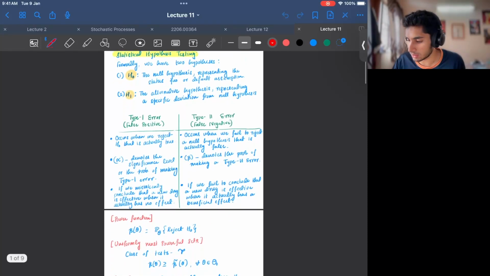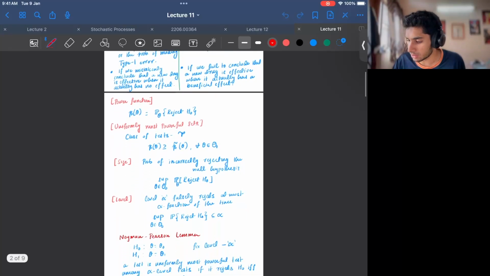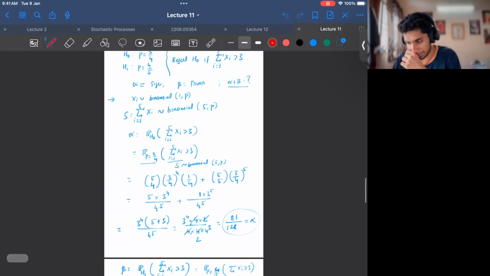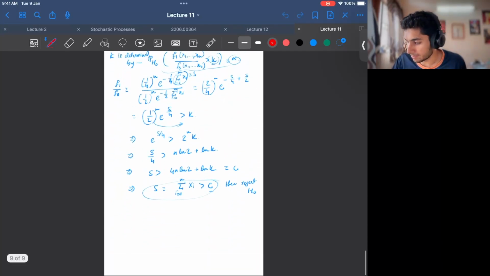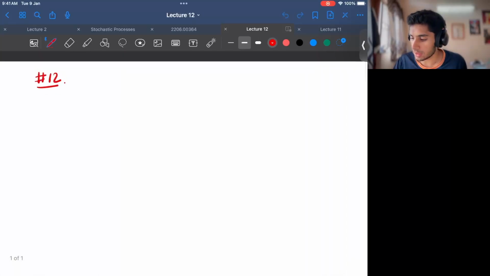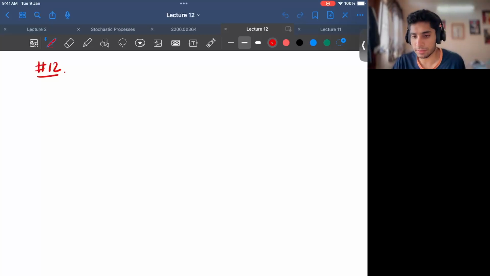We saw what is a null hypothesis and what is an alternative hypothesis, and we saw different types of errors, and then saw different problems related to those concepts. So week 12 was mostly about simple tests to basically see if the null hypothesis should be accepted or rejected, right? So it basically contained some topics like